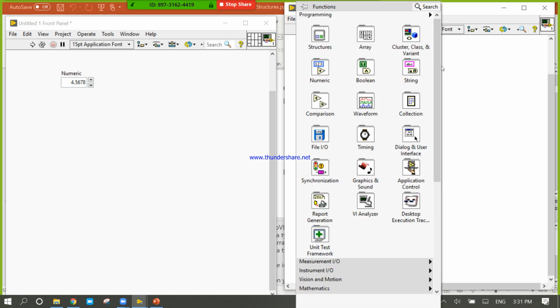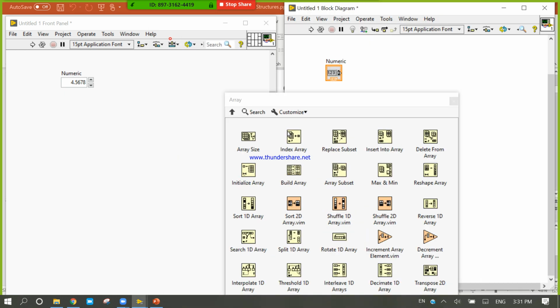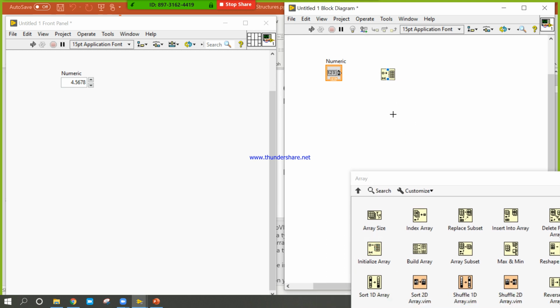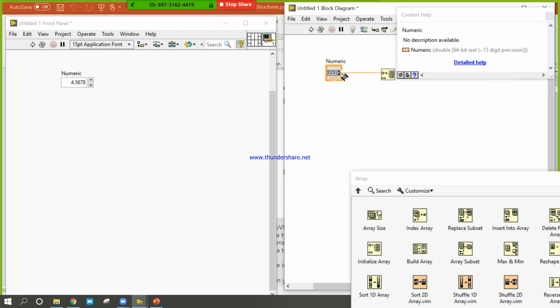For that, right click, come to the array palette, and there is initialize array, first column, second row. Press Ctrl H. The first one is the element. I want to design the array with the size of 5, with the index number 4, with this element.